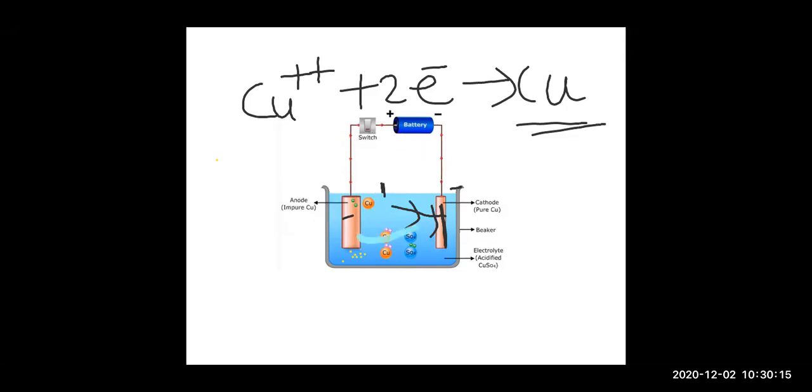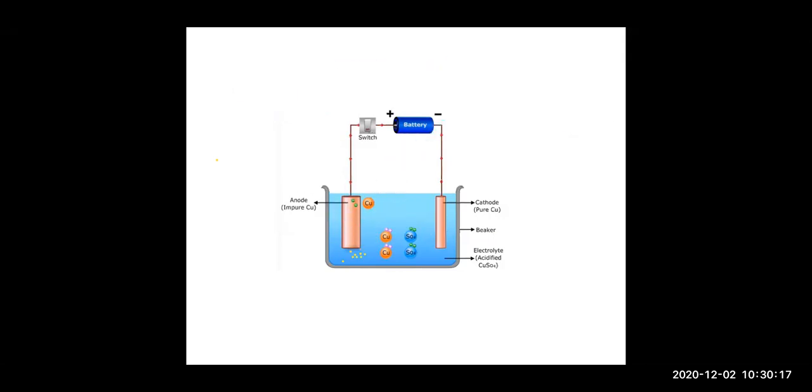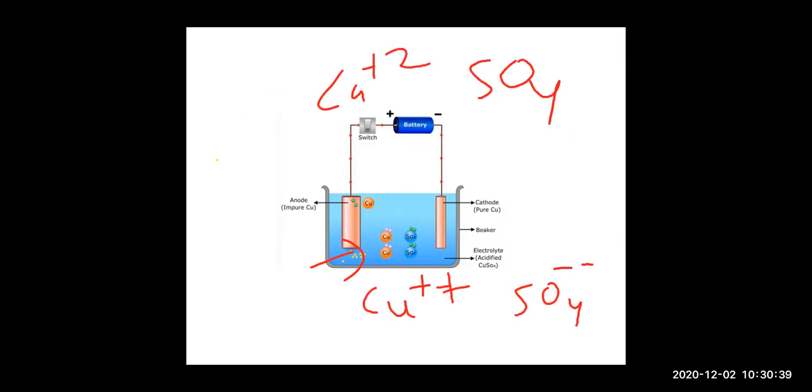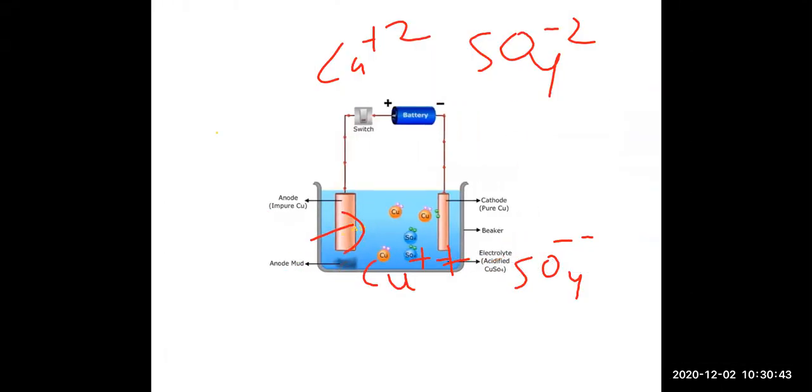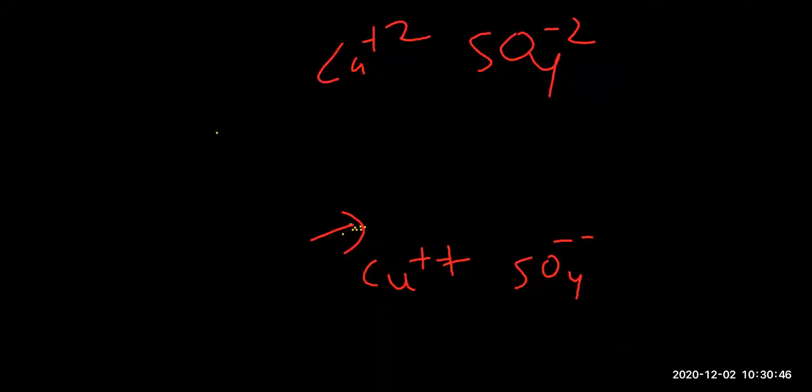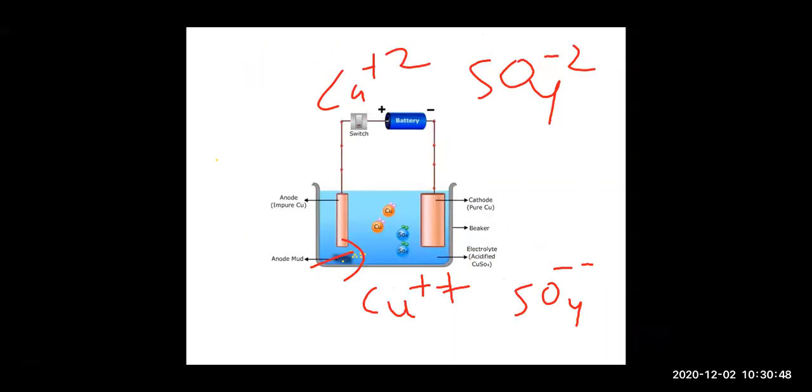And moreover beta, in the solution, we know this is the solution of copper sulfate. So here also dissociation will occur. Here the CuSO4 gets broken down into Cu++ and SO4--. This can be written as Cu+2 and SO4-2 also, children. Okay, children. This is your electrolysis, which I have already explained to you, right? So these are the diagrams for that.